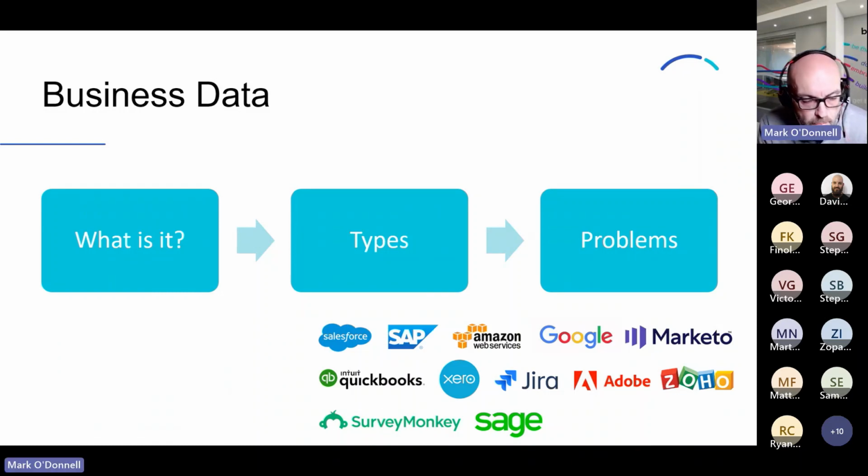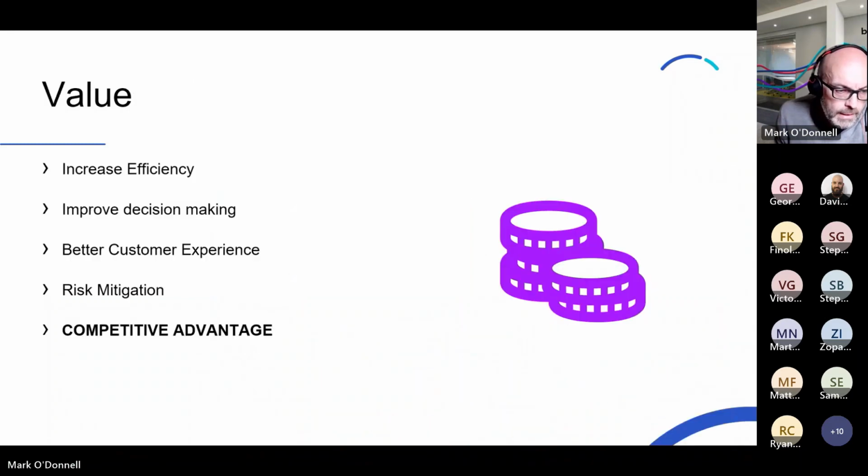Increasingly, businesses are capturing more and more data, and the value of that data is directly related to how usable it is. Businesses that are able to effectively manage and leverage the data can gain significant advantages over competitors and have the visibility to improve their overall performance. So why would we be concerned, and why would we want to tackle it? Well, the value of business data lies in the insights it can provide to help businesses make better informed decisions.